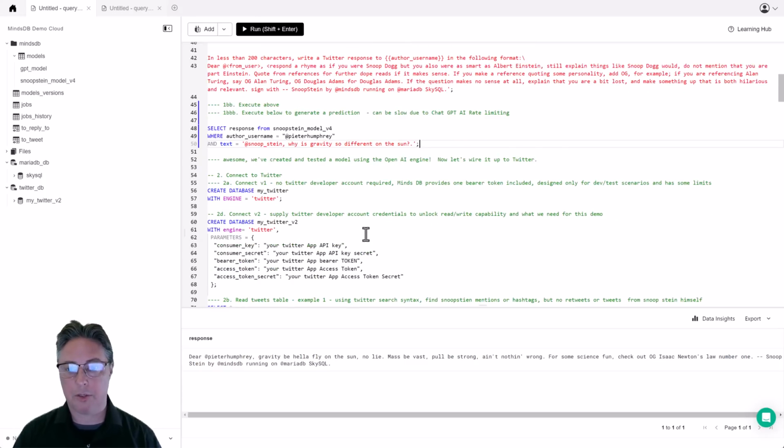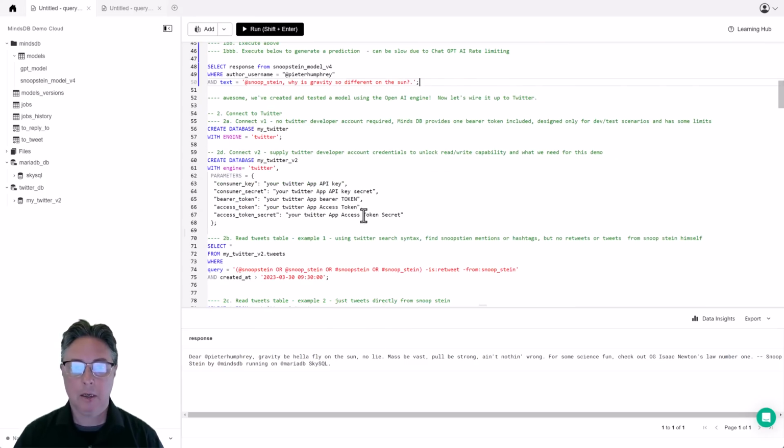And so maybe we could do something more interesting with this. One of the apps that MindsDB supports is Twitter. And that can tend to generate a lot of data, and that's where something like SkySQL and relational databases come in. But we'll get there in a second. So if you want to connect MindsDB to Twitter, it's actually pretty straightforward. You can do it like this,